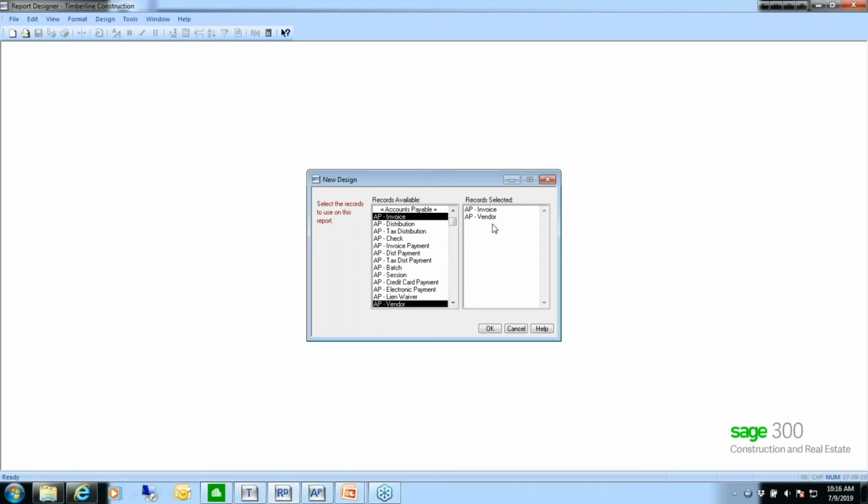If I made a mistake and I pulled something over here, I can unselect it just by clicking back on it. Now, one thing to point out, once you select your records and you click OK, those records are locked into this design. At that point, you cannot remove records that you've selected for a design. So if you pulled something in that you really don't need and you don't know it until you get the report fully designed, you have to run the report with that record available because you can't remove it. This is the only place where you can correct yourself, right at the very beginning. Because once I say OK here,